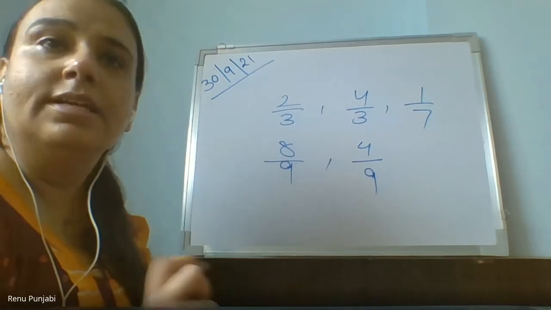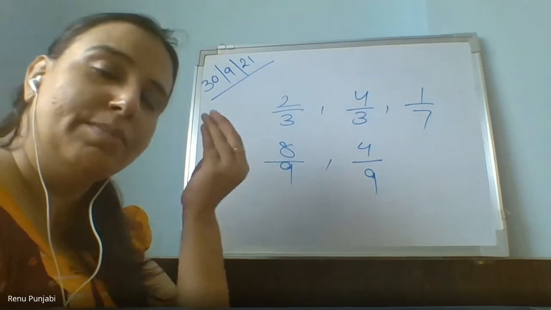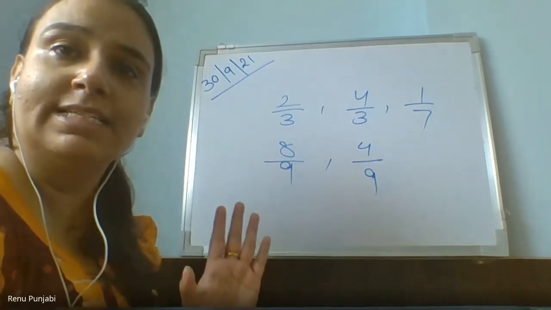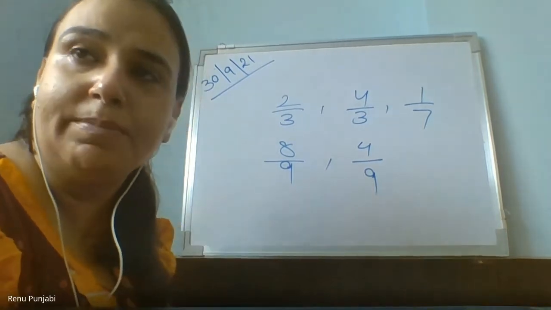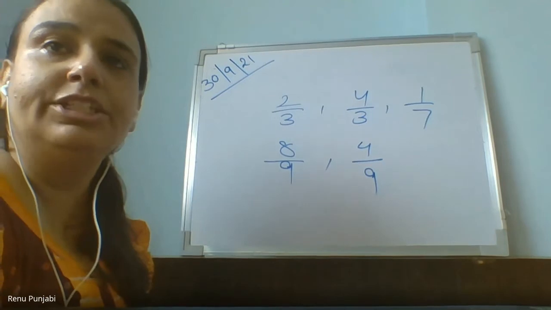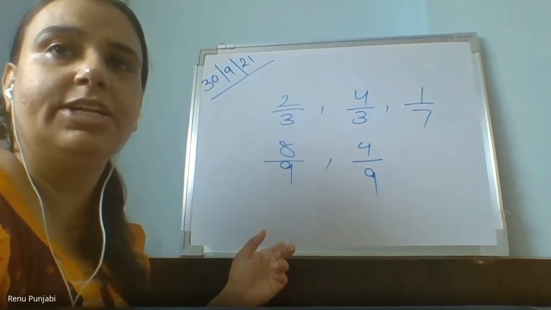Got it? In the same way, there are different fractions available. You can make any fractions. So can you recognize which fraction is of which type, till you are not aware? No. This is very much important. Pay attention here.